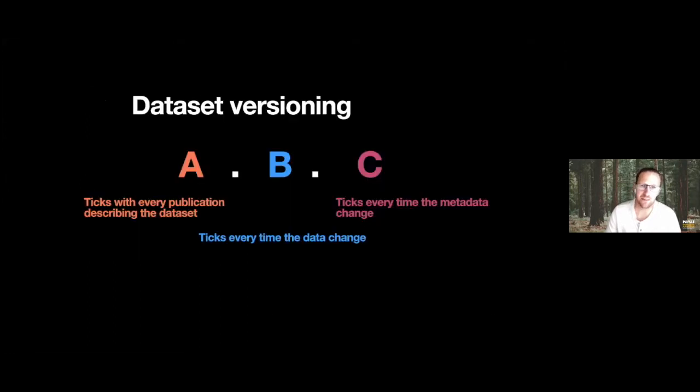In addition to versioning compilations, we're also versioning data sets with a really similar scheme. It's virtually identical, with the difference that instead of the middle number tracking the set of data in the compilation, it tracks the actual data in the data set itself. So if there was a mistake or an addition, say you're adding chronology data into a file, you would tick that middle one. Otherwise, it's a similar concept. And so we can keep track of both how individual data sets are evolving, in addition to how compilations are evolving, which is really important too, because some of our data sets are shared between different compilations.